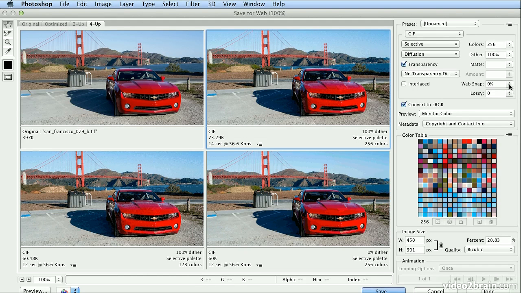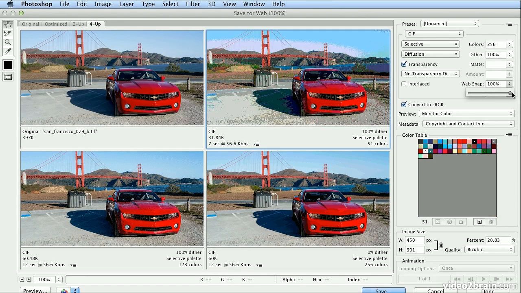So if I look at Web Snap over here, I could dial this up to 100%, and this is a palette only using the colors that exist out of those 216 that are guaranteed to look the same in all browsers and all platforms. GIF used to be required to do transparency or to limit the number of